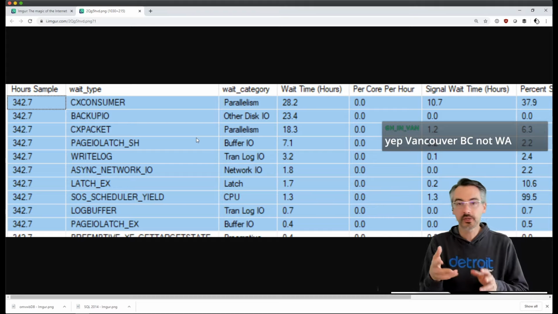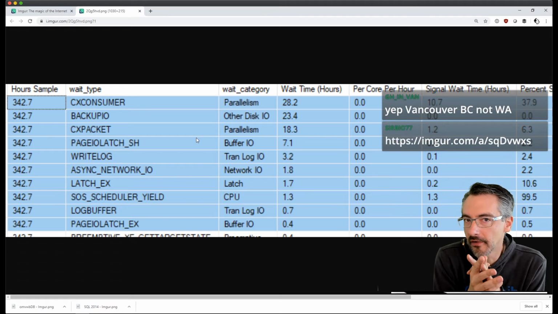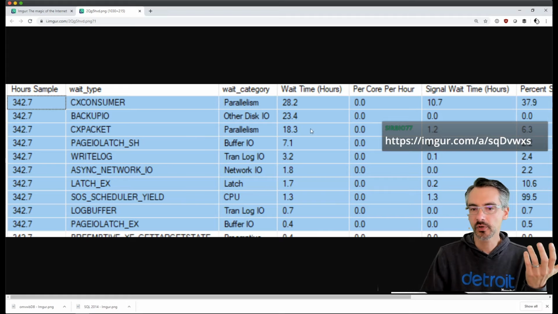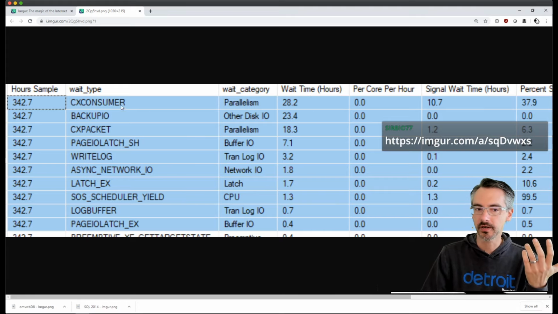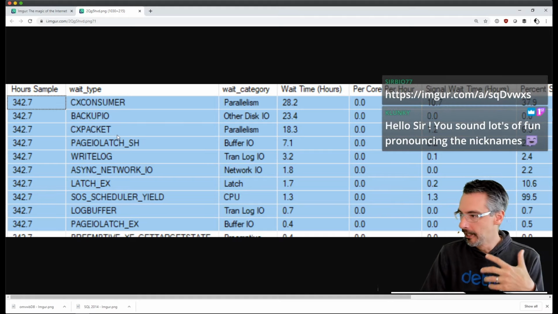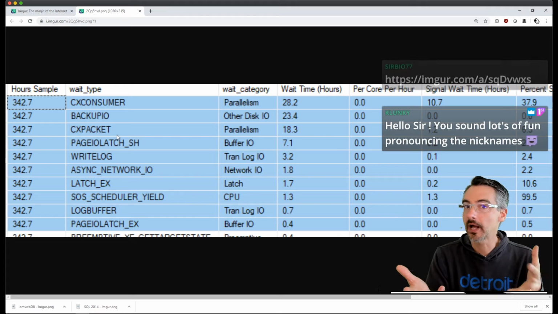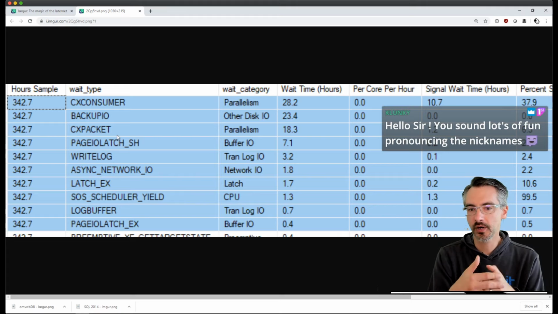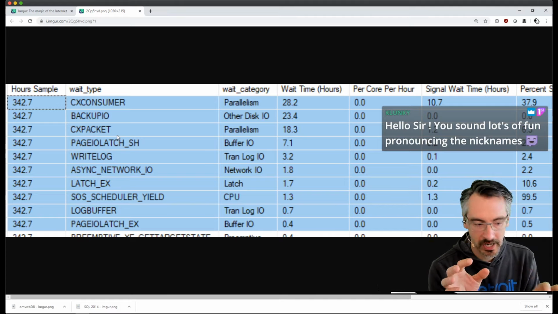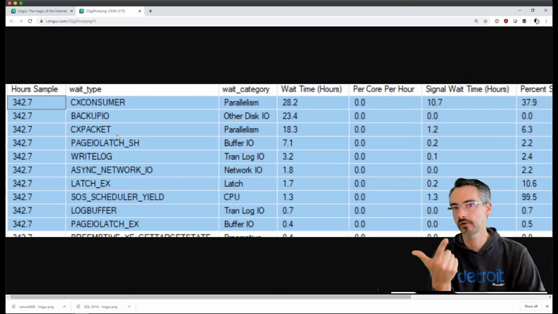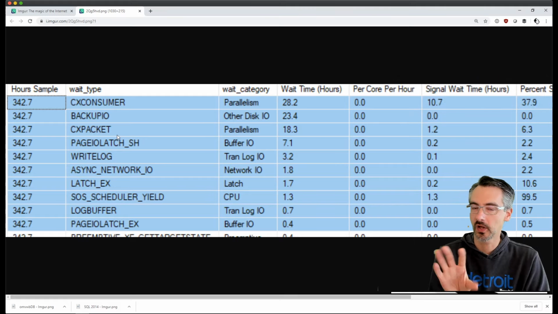In roughly 340 hours worth of uptime, no one's probably complaining about this, because the server's only been waiting altogether about 40 hours on the top 2 real waits there, CX Consumer and CX Packet. I don't think people are angry about the performance on this server. For the most part, it's sitting around bored playing tiddlywinks. Because you were so good at immediately pasting in your server's config, I bet you also set cost threshold for parallelism and max DOP at sane defaults.